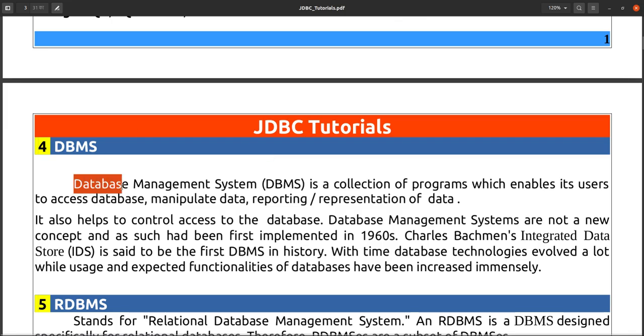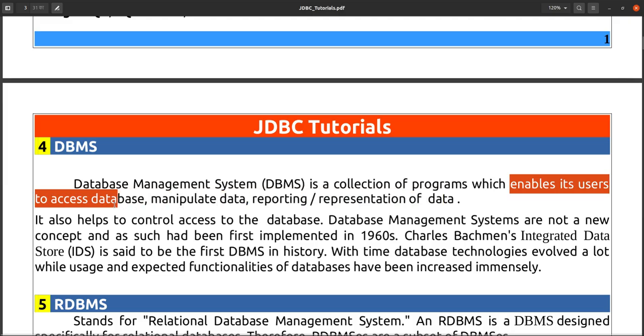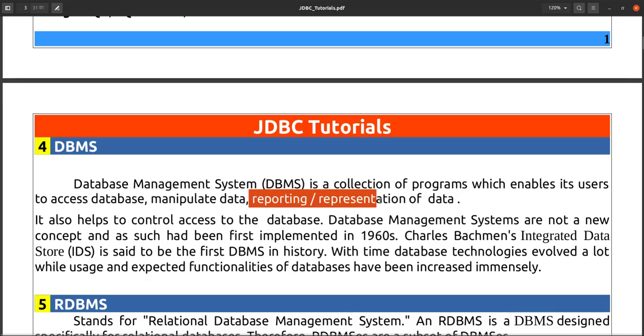Now next is a database management system. What is a database management system? A database management system is nothing but a program or collection of programs, or you can say it is an application that enables the user to access data, manipulate data, and handle reporting and representation of data. It means a database management system is an application or a program that can be used to access the data, manipulate the data, or do any operation on the data.